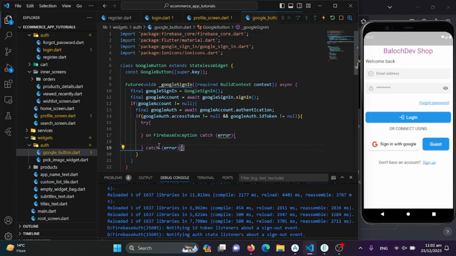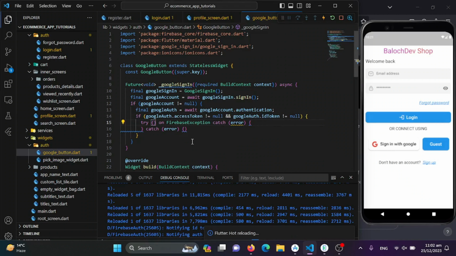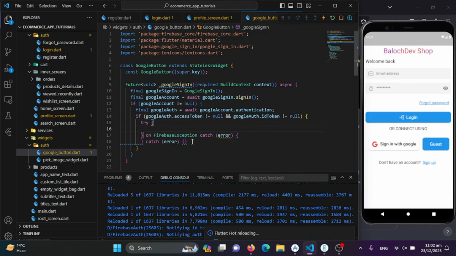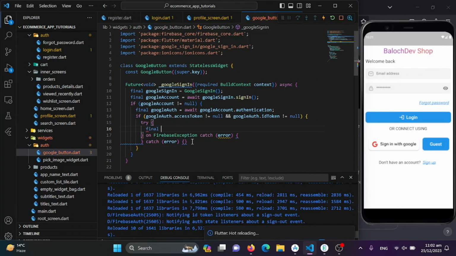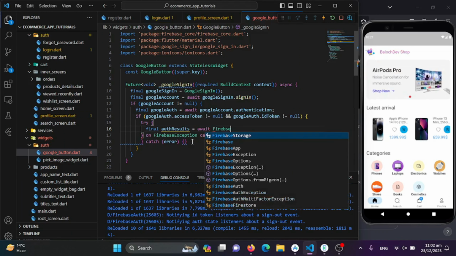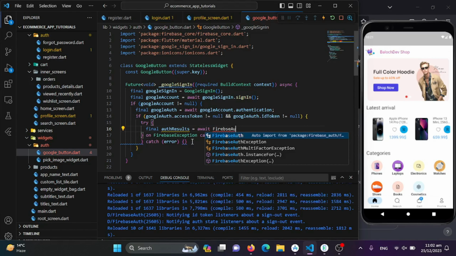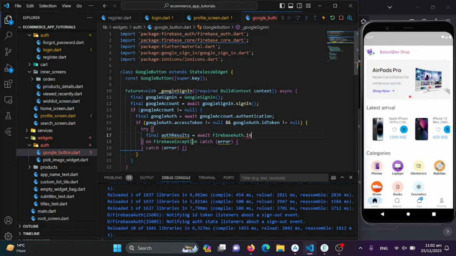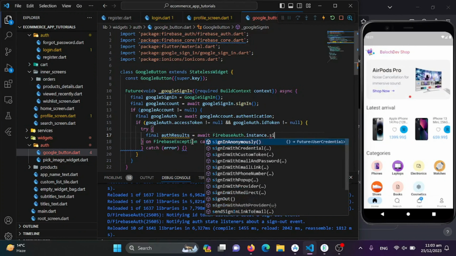Great, now we will be performing this and making it functional. On the try part, we will first get the results, storing them in the auth result variable, which is equal to await. Now we will use the Firebase instance, which will be FirebaseAuth.instance, and now we will use the Google provider credentials. We will use sign in with credentials,